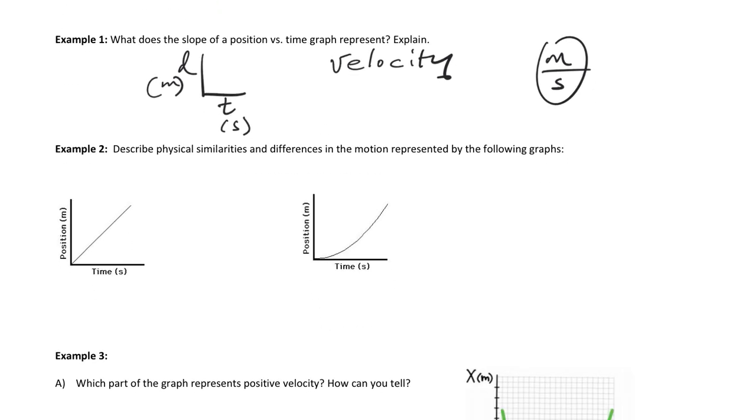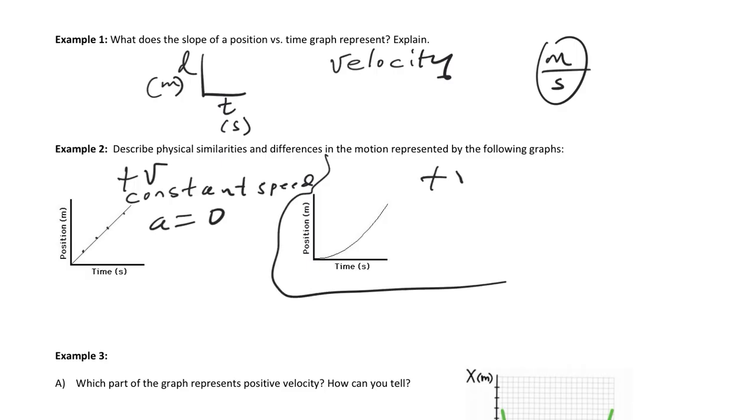Okay, this is positive velocity. D versus T graph. It's positive velocity because it's an uphill slope. But the slope stays the same throughout the whole trip, so it's constant. So the acceleration equals 0. Constant velocity. Okay, now this graph right here